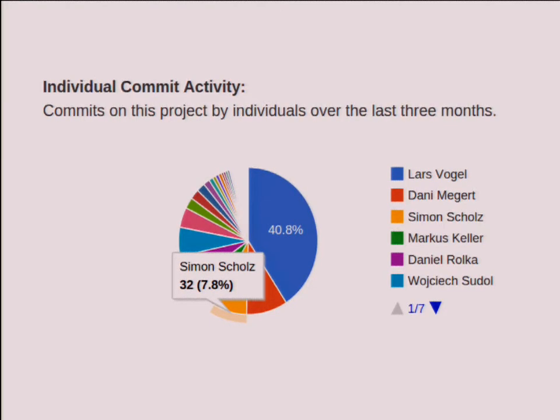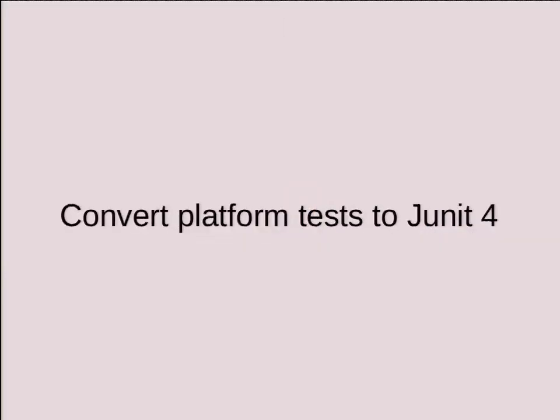You see also that the platform UI team is not really big, right? If you look at this color coding, you see Wojciech is probably here. And that makes 75% of 6 people, right? There's 6 people doing 75% of the work. So other people can actually make a difference.